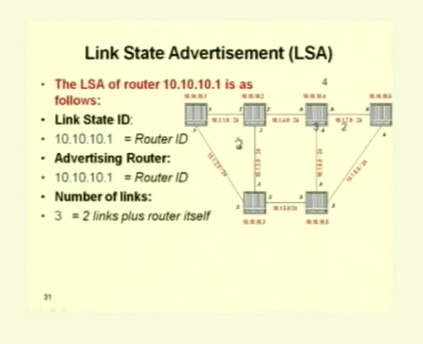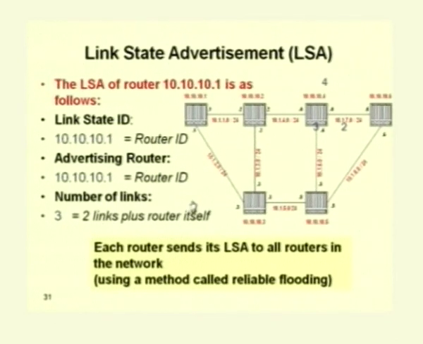When you have a link state advertisement that is sent, this is typically what it would look like. The LSA of router 10.10.10.1 would be as follows. The link state ID would say 10.10.10.1 is the router ID, and the advertising router again is the same as the router ID, 10.10.10.1. Number of links is 3, that is 2 links plus the router itself. So, it will say that there are 2 links over here plus the router itself. So, number of links is given as 3, and then you have this information being sent as the link state advertisement. Each router sends its LSA to all the routers in the network,